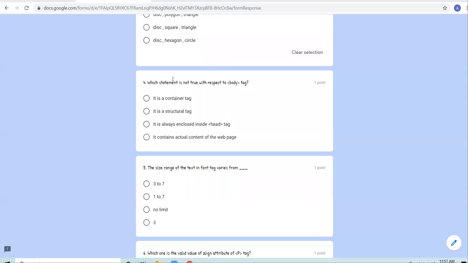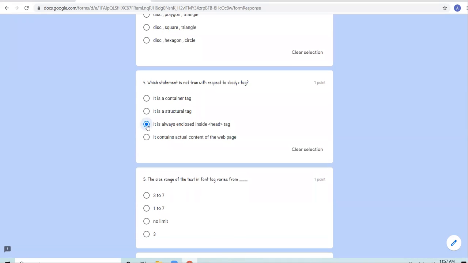Okay. I repeat the MCQ again. Which statement is not true with respect to body tag? It is container tag, it is structural tag, it is always enclosed inside the head tag, it contains actual content of the web page. Beta, body tag is never inside the head tag. So the third option is the suitable, and it is not correct with respect to body tag. Clear?